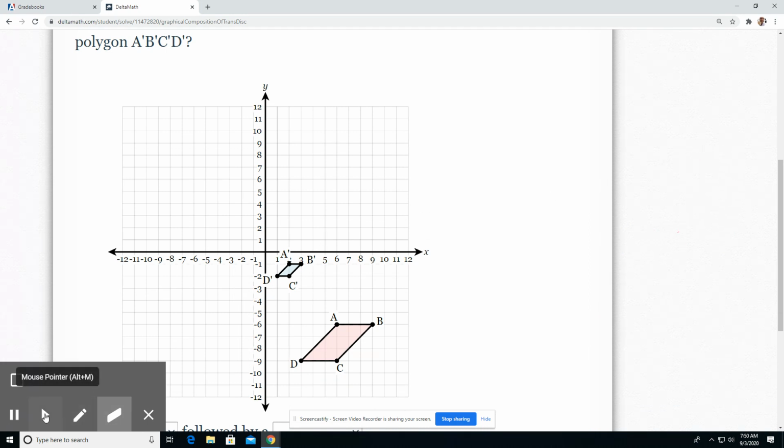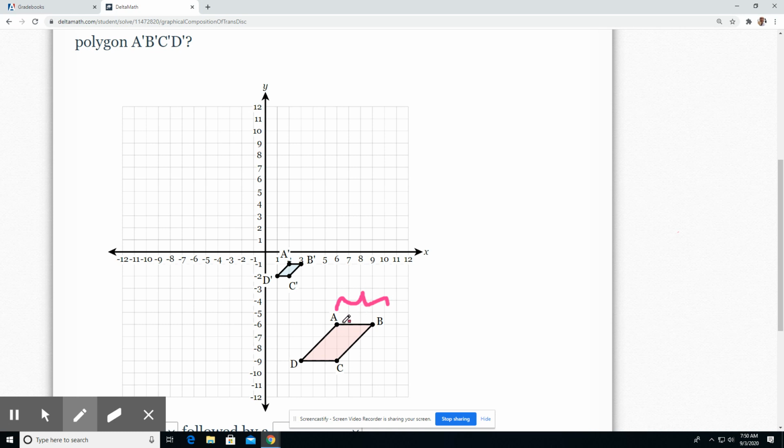My initial thought is I can see that it goes from a bigger shape, because these don't have primes or the little apostrophes on them, and it turns into this shape. And notice they do have the little primes. So this is our original, this is our image. And I can see it gets smaller, so I'll look at one of the sides. So A to B